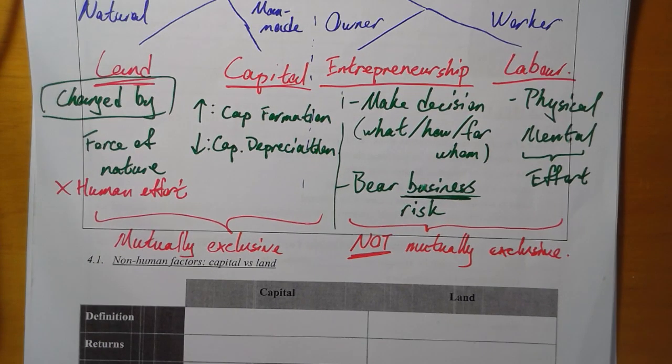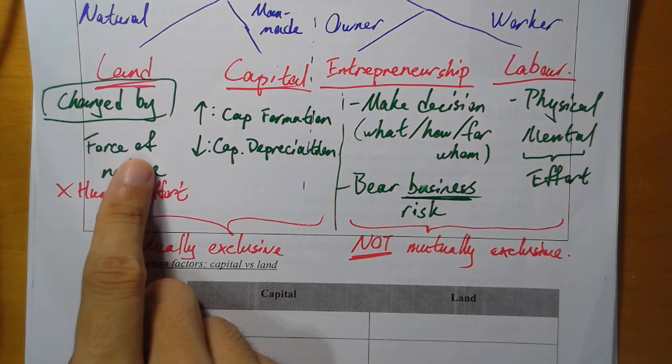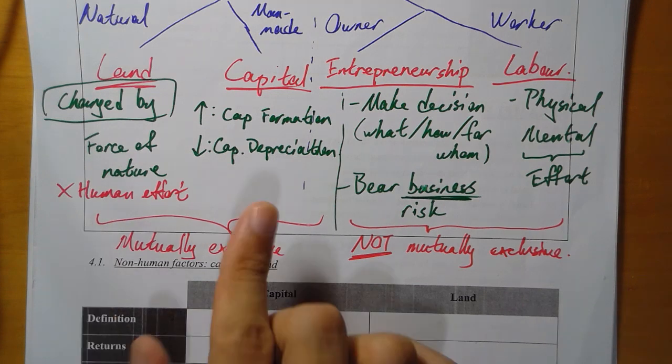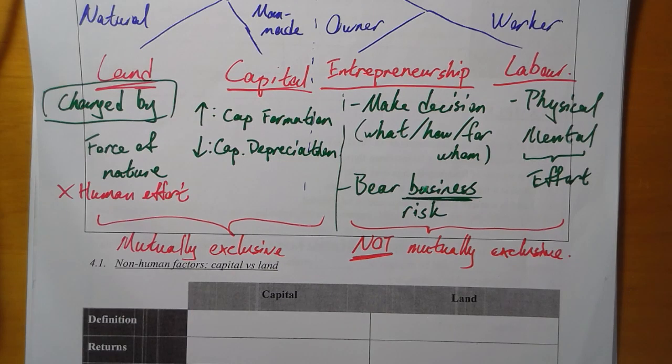Now, one more thing. This time, I think I need to make it clear. Remember, land and capital, I just said, as long as you touch it, it becomes capital. So, it is impossible to have something that is both land and capital. 係咪啊？ So, they are mutually exclusive. 係一個就唔係另一個啦。